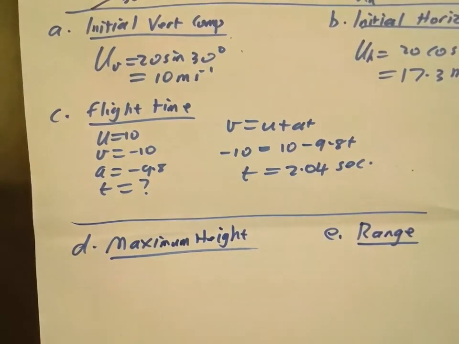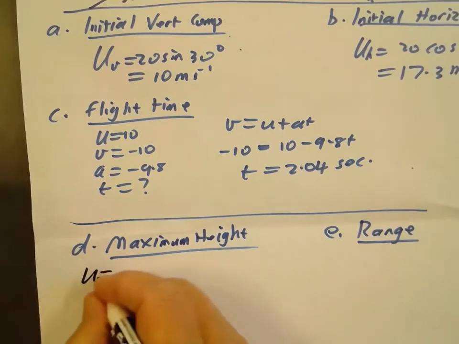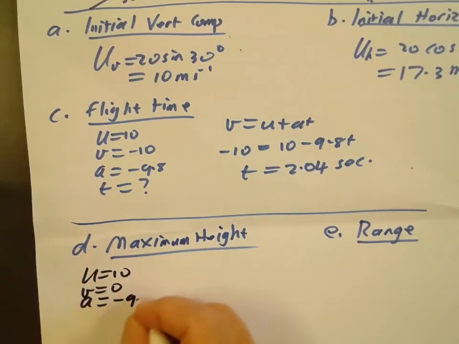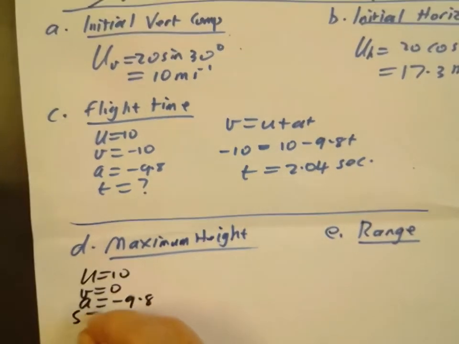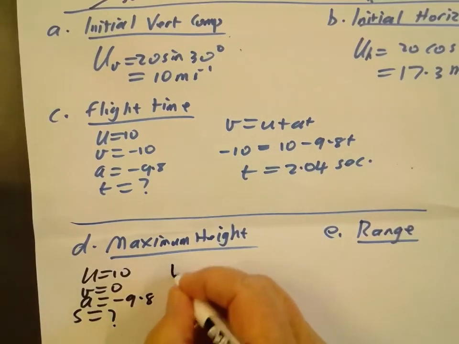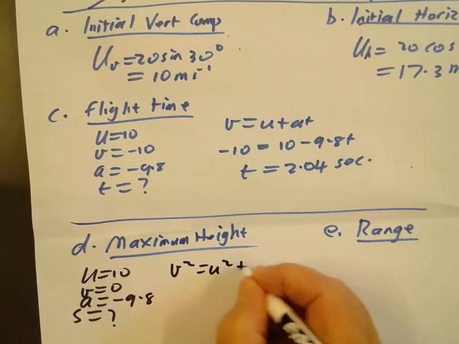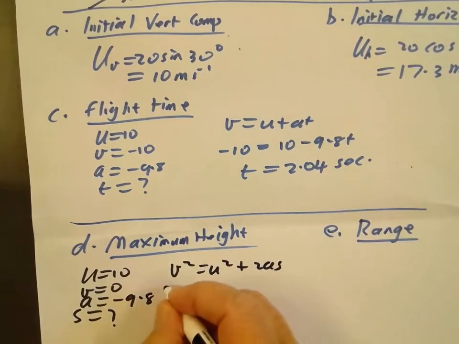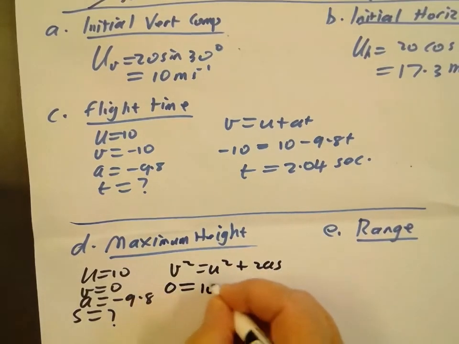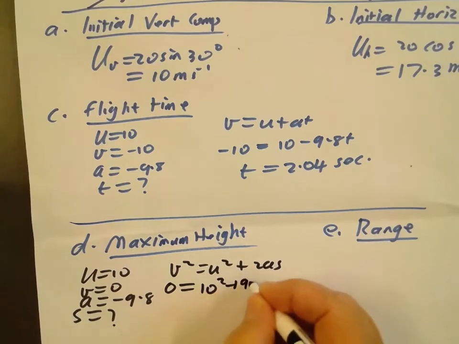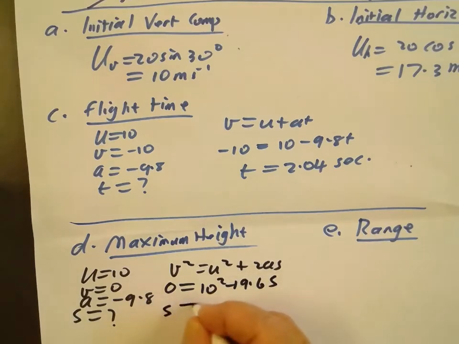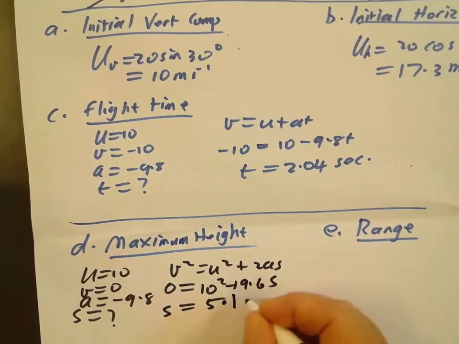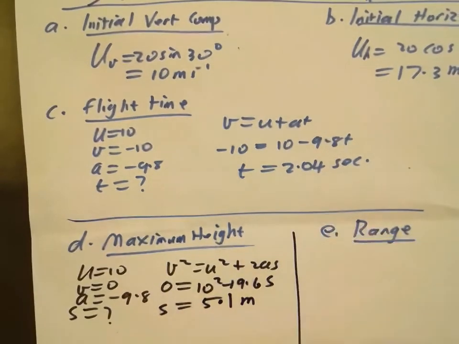U equals 10, V equals 0, A equals minus 9.8, S equals, and that's just V squared equals U squared plus 2AS, so that 0 equals 10 squared minus 19.6S, S equals 5.1 meters, and the last one, range, constant horizontal velocity,